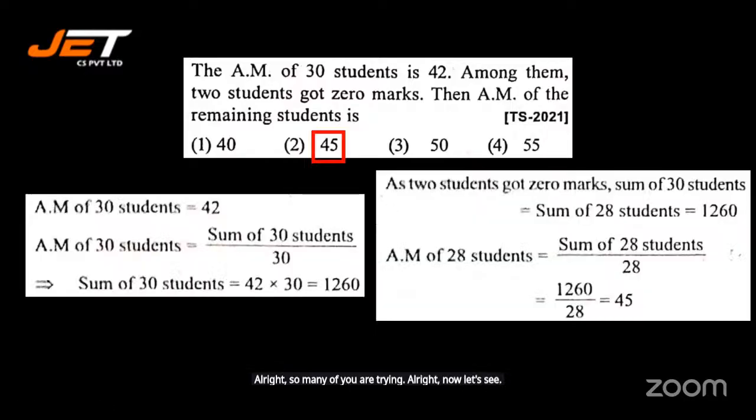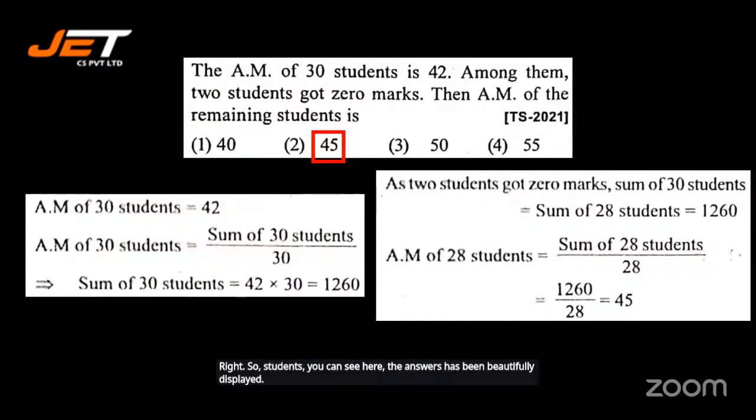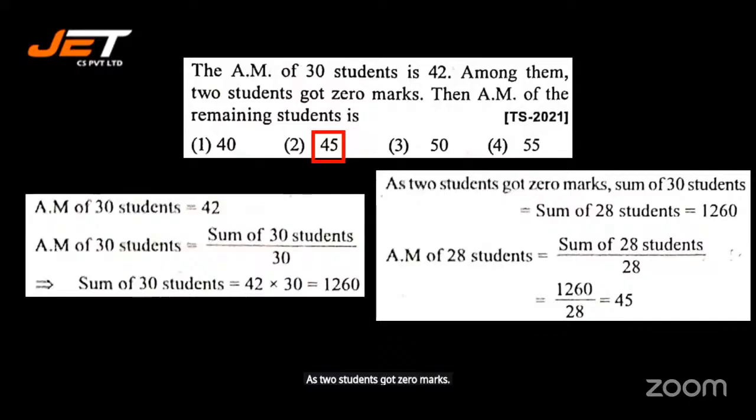Fine. So students, you can see here the answers has been beautifully displayed. As two students got 0 marks, sum of 30 students is equal to sum of 28 students. Okay. So sum of 28 students is what? That is, arithmetic mean of 28 students is equal to sum of 28 students divided by 28. All right. So you get